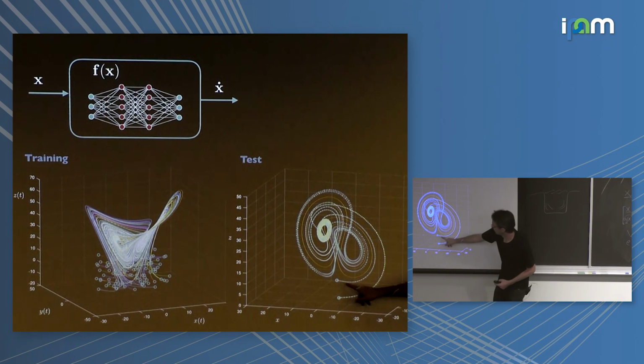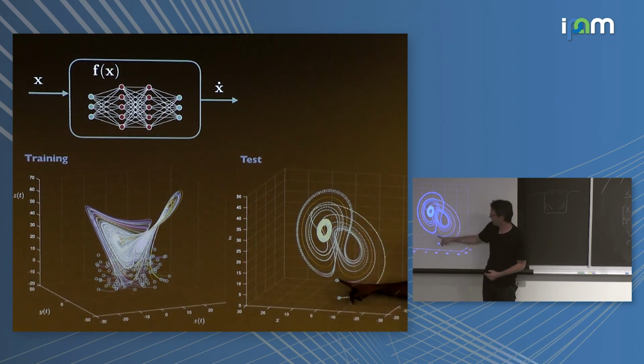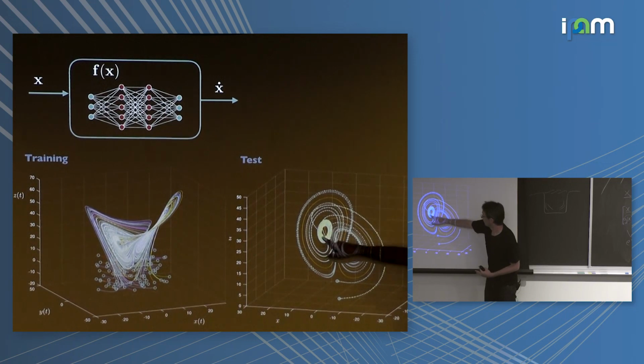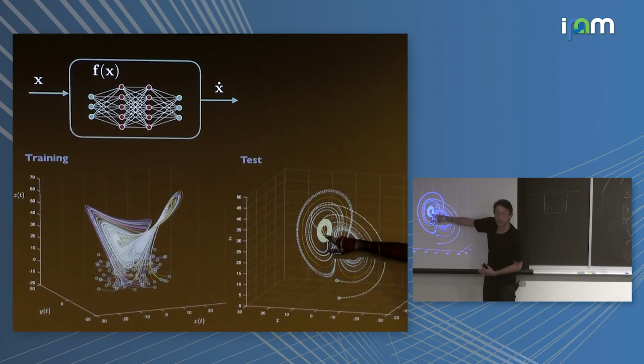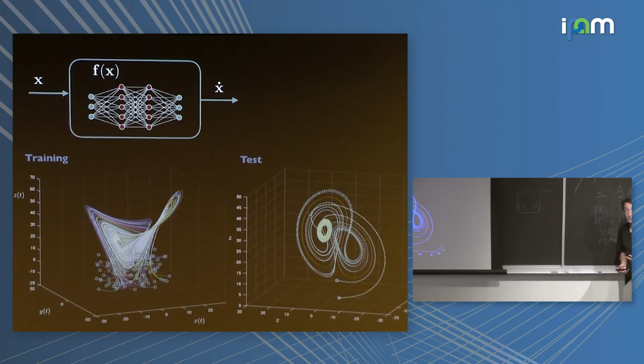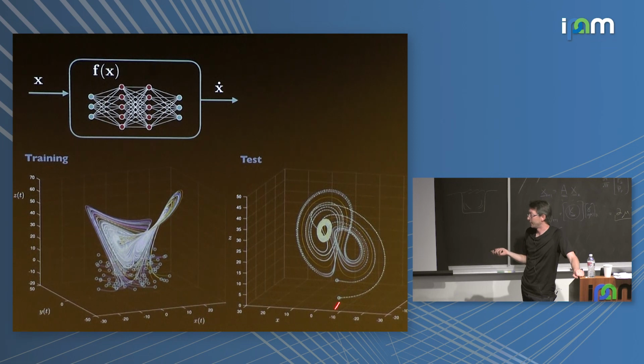But I will point out that the nearby trajectory does a good job. That's this one that looks like it's shadowing the attractor. But if I go a little farther out, past where I train my model, I get terrible results. In fact, it goes to this limit cycle, which is not Lorenzian at all. So these do have a big problem with generalization. You can use them for interpolation where you've collected the data, but not so much for extrapolation.